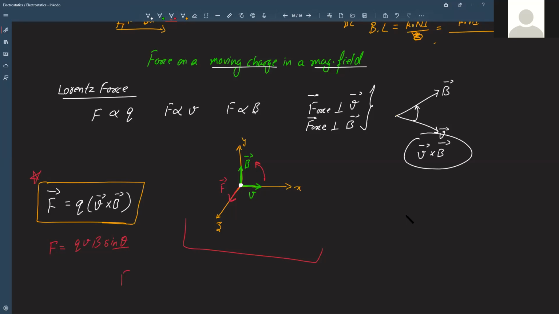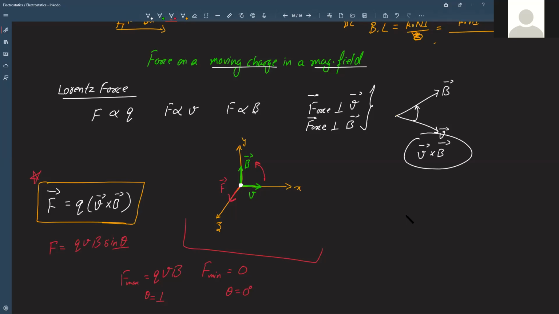So the maximum force it can experience is QVB, and the minimum force it can experience is 0. When theta is 90 degrees, that is the maximum; when theta is 0 degrees, that is the minimum. So that means when a charge is moving along the magnetic field, there won't be any force on it. And when the charge is moving in any direction other than the direction of the magnetic field, then there will be a force on it,